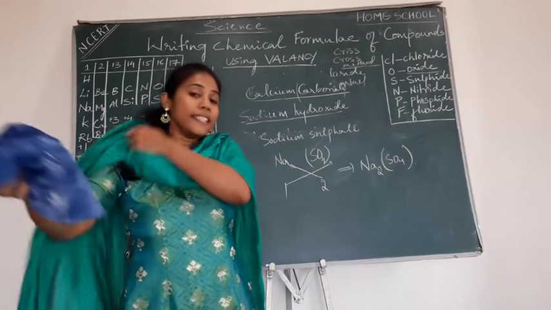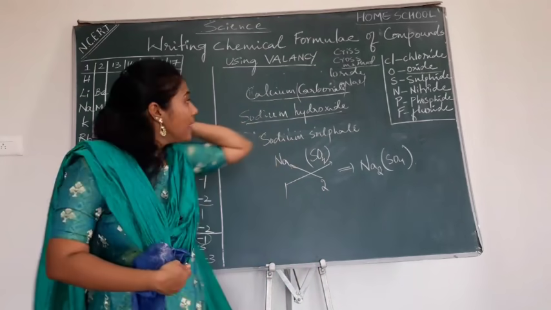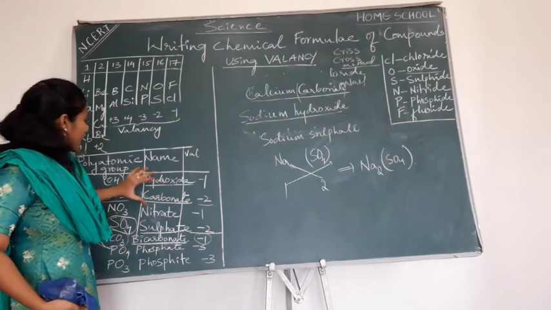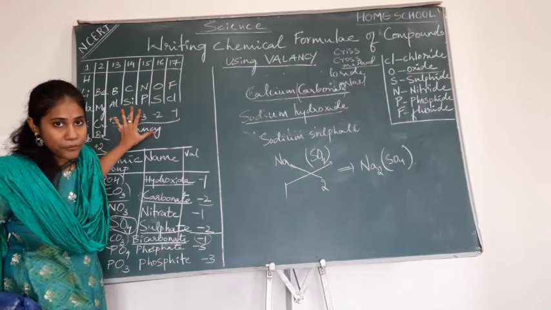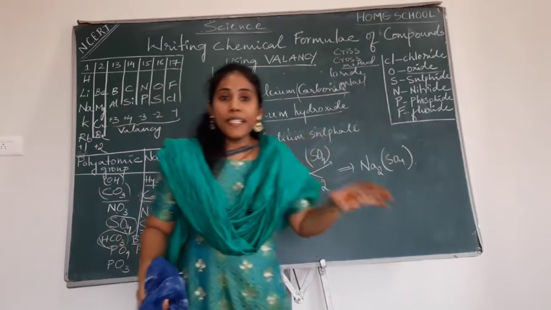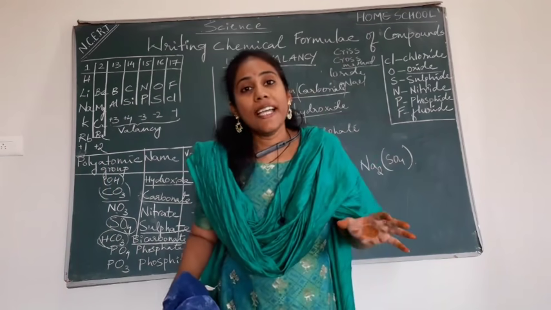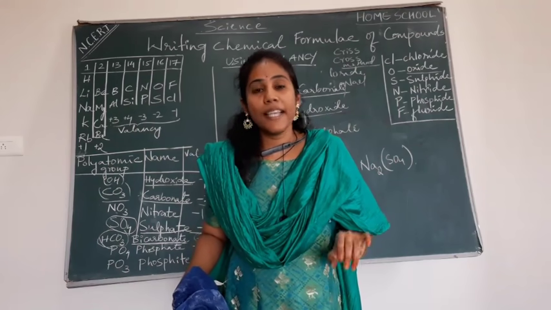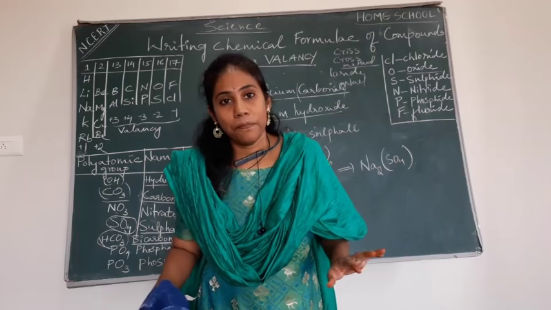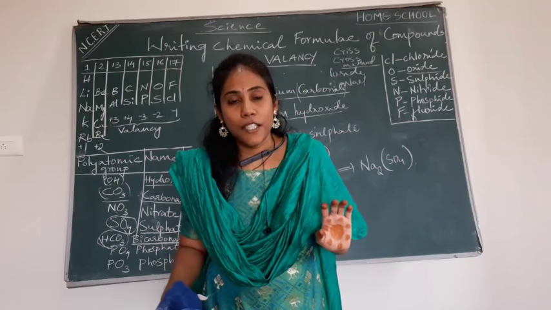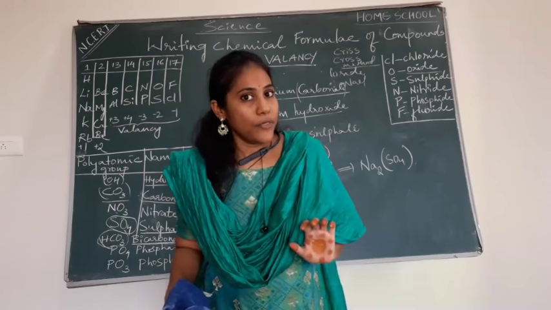So this is how you have to write chemical formulae for compounds when there are polyatomic groups. Once again, try to revise polyatomic groups, their symbols, their valency, all the elements, their valency. Okay? And open the science textbook, you will find many reactions, many chemical formulas. Try to write the chemical formulas without seeing. Okay, so that will be a great practice for you, and we'll continue in the next video. Thank you.